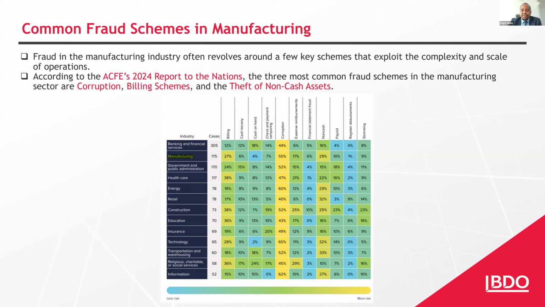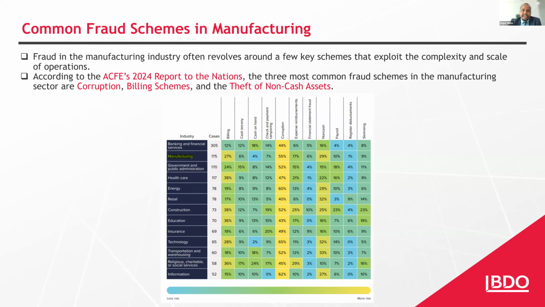Conflicts of interest, which is also another form of corruption, arise when an employee has an undisclosed personal interest in a company with which the organization does business. So, for example, the employee might steer the business towards a family-owned company, even though that company offers higher prices or lower quality products. This again will damage both the financial health and the reputation of the organization. Corruption schemes are usually very dangerous because they involve very senior level employees, and it makes it that much harder to detect and prevent without proper internal controls.